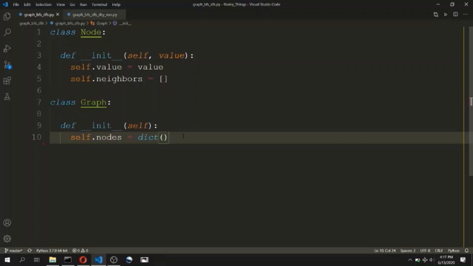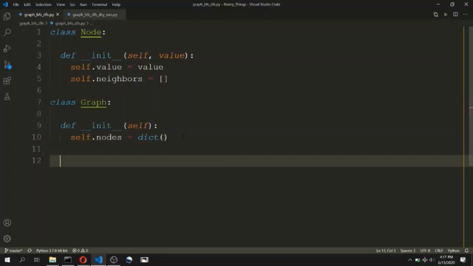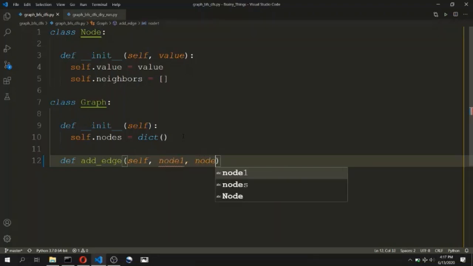Now let's define a function that will populate the nodes in the graph and add edges between them. We will name this function addEdge. Apart from the self parameter, we will have two parameters, node1 and node2.